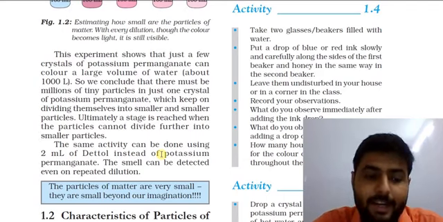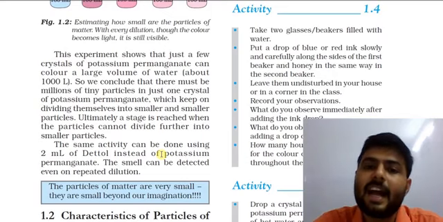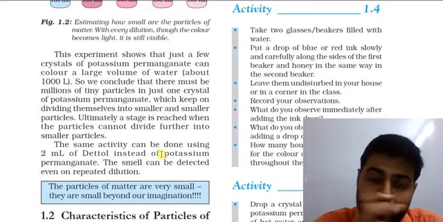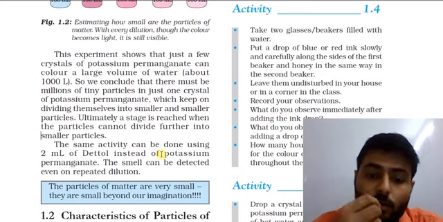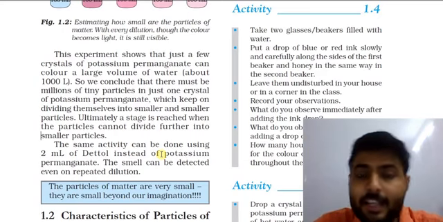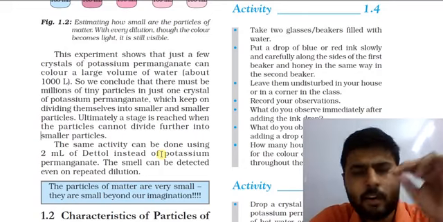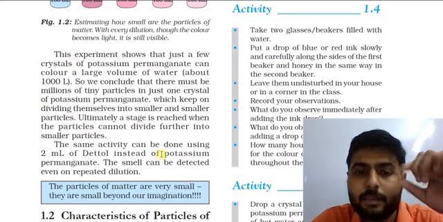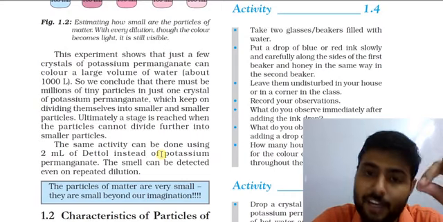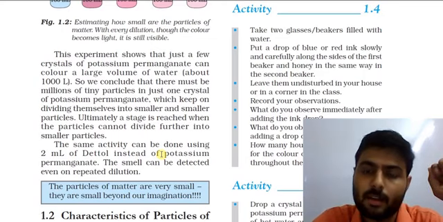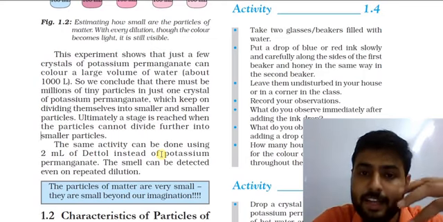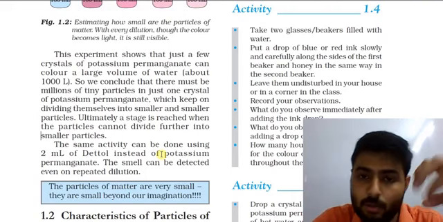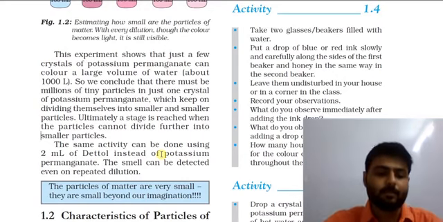The smell can be detected even on repeated dilution. We can see color also. We can see the faded color of water, and we can also smell it. Until we have a minor smell of that Dettol in the final dilution, it means that there is a particle of Dettol in that solution, because only then can the smell come from that solution. So by smell also we can perform this activity.